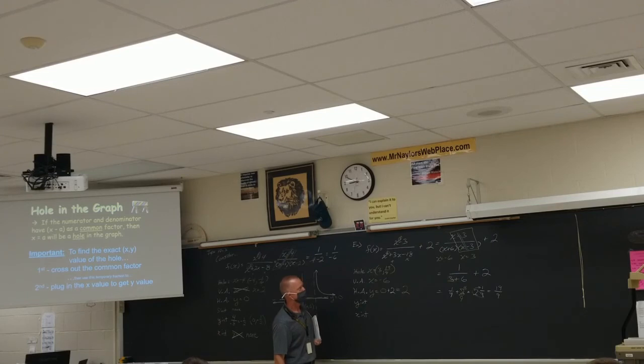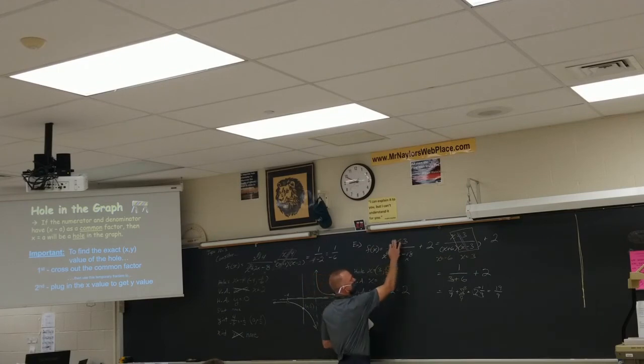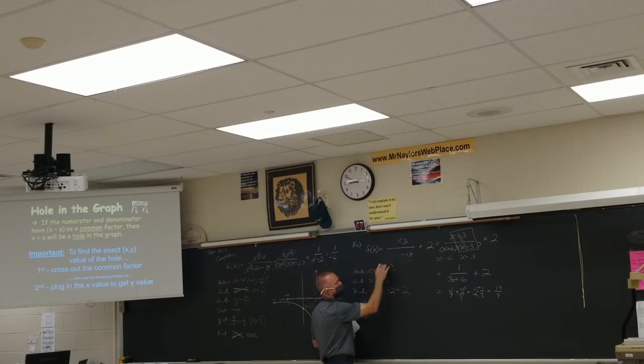Y-intercept. Y-intercepts. Oh, yeah. Plug a 0 in for x. Now you see me do this a lot. I'm starting to kind of cheat a little bit. If you plug a 0 in for x, you just basically get -3 over -18. -3 over -18, that's positive 1/6